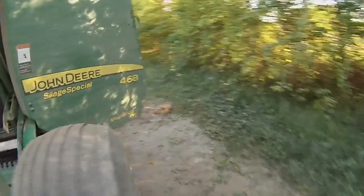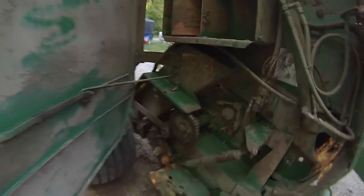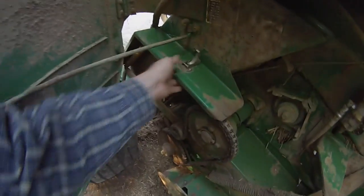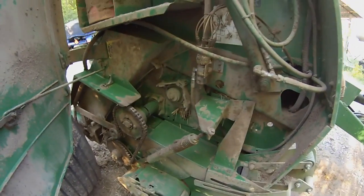Yeah, I'm just going through here cleaning it out before I put water to it. There's a bunch more junk I pulled out of it. I've got a guard there I got to put back on. Goes right here, clips in right there. Everything over here looks okay,